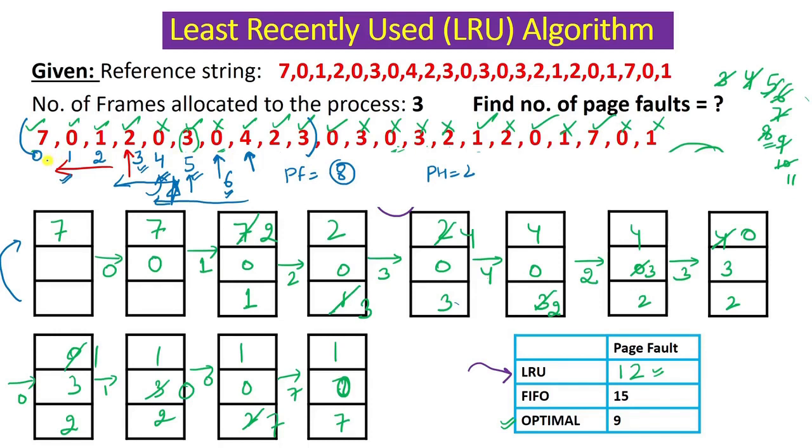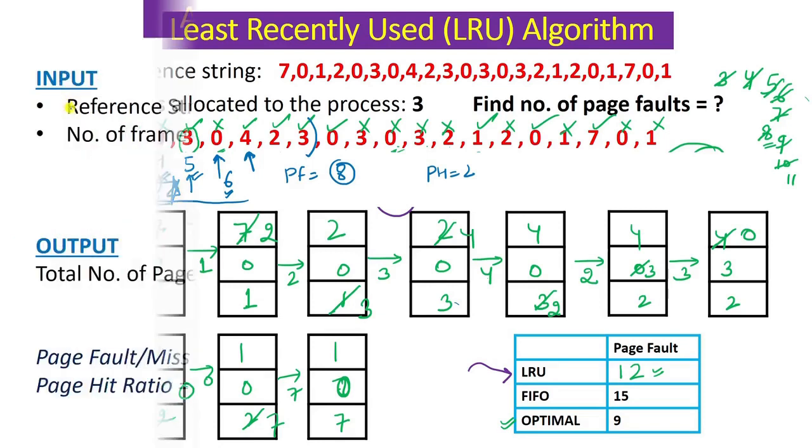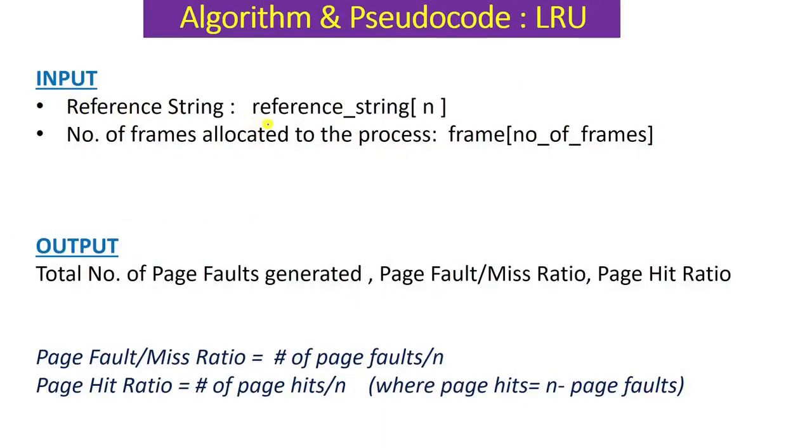So what will be the input and output for our C program for LRU? Basically we first ask the user how many pages they want to enter. That will be n, the number of pages, and then we create a reference string array of size n, consisting of several pages. Then we ask the user for the number of frames to allocate to this process, let's say 3. The number of frames variable stores this 3, and we create a frame array of that size so that it can store those pages.